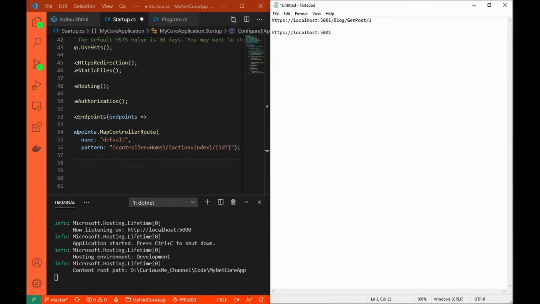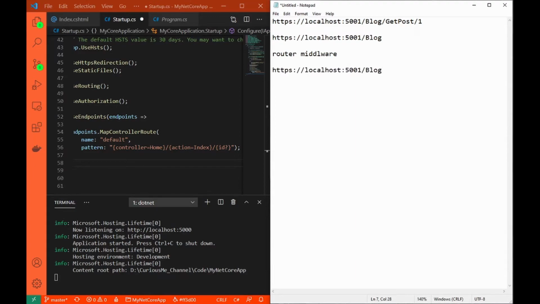What we are sending is localhost:5001/blog. Let me increase the size. Now in our router, it will take the same thing, and since the controller is provided, this blog will override the home. Because the value provided by us will always override the default value. That's simple. Now it will see the action is missing, so it will attach the default action, and that's it, done. If you are wondering why this ID is not getting added, I'll come back to it.